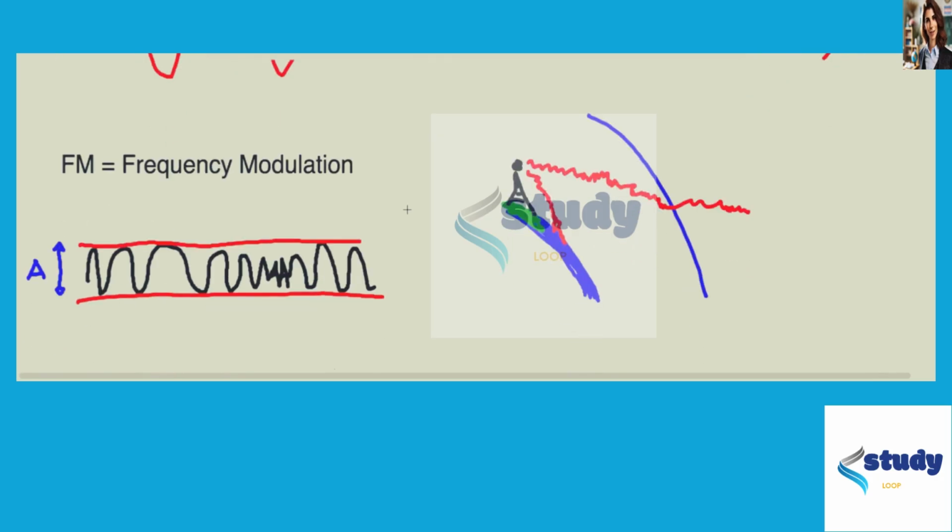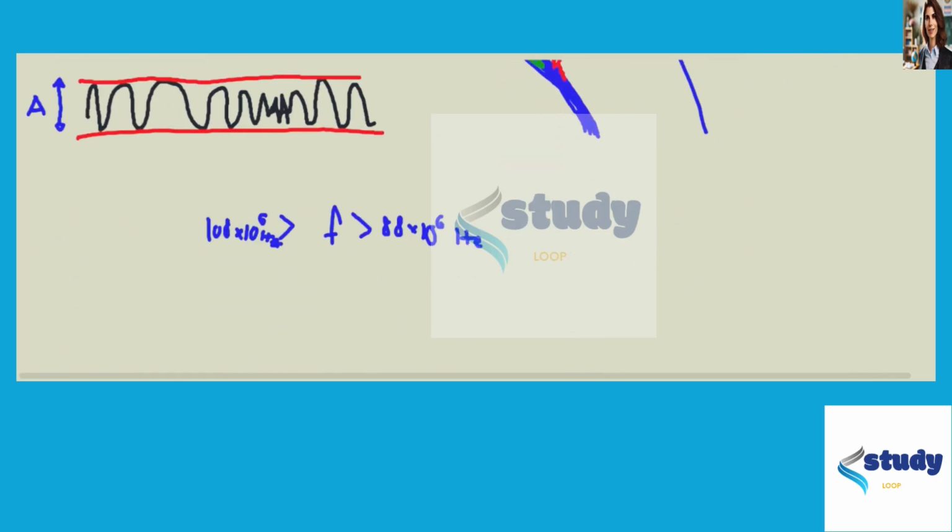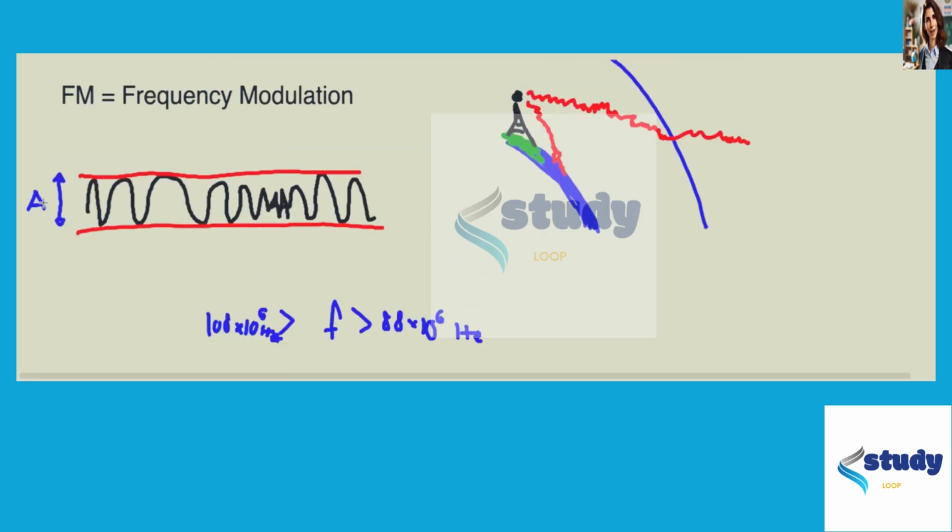How about FM waves? FM waves have a frequency between about 88 times 10 to the 6 hertz and 108 times 10 to the 6 hertz. So 88 megahertz to 108 megahertz. And these have a fairly steady amplitude, but they have different frequencies. So here, this is what I tried to represent with this wave: